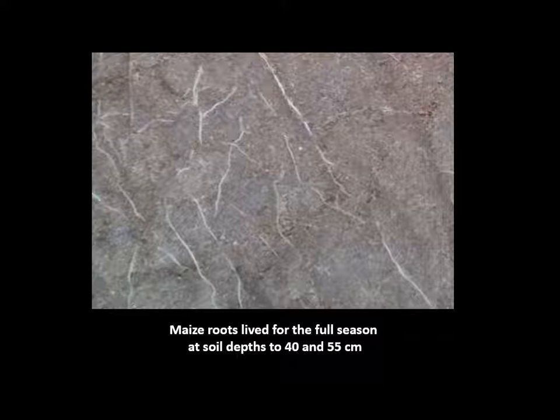So we have mini rhizotrons. We've been looking at these for the past 6-7 years, asking the question, how deep are these roots that are branching? These are secondary and tertiary, primarily roots of maize. And what's puzzling us a bit is that we're finding the roots live much longer than the average publication, including this author, of 24 to maybe 27 days. We're finding the same roots at 40 to 50 centimeters deep that arrive there at about the V4 stage of maize. And these roots are still there at the end of harvest. So they can last somewhere in the neighborhood of 70 to 80 days if we have optimum water, oxygen, and